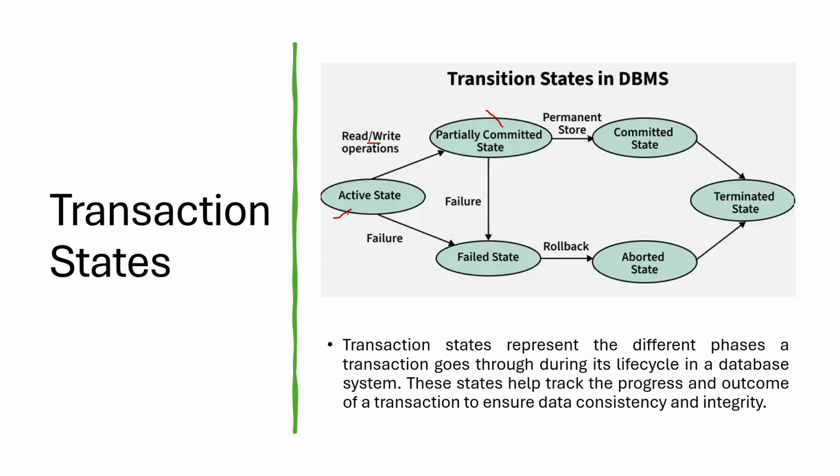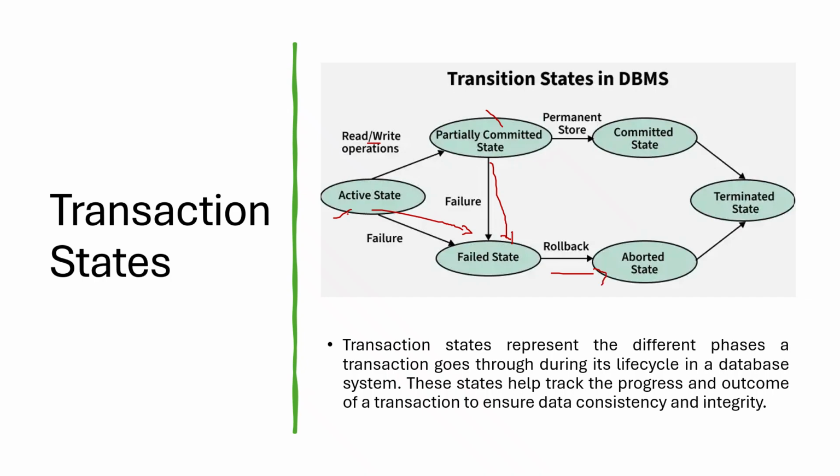And failed state. After discovering that there are some abnormal issues and normal execution is not possible, the transaction can go to the failed state. After completing the final execution also, it can go to the failed state. In the beginning of the execution also, it can go to the failed state, when there is no possibility of further executing it. And after it goes to the failed state, it has to roll back to the original or a prior state. Changes must be